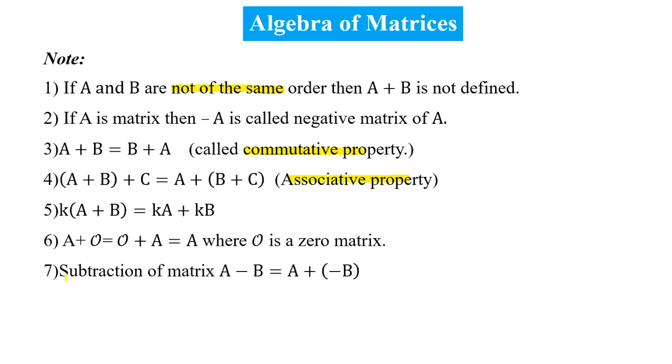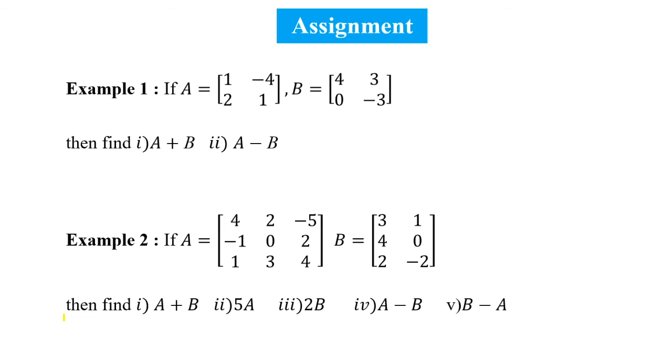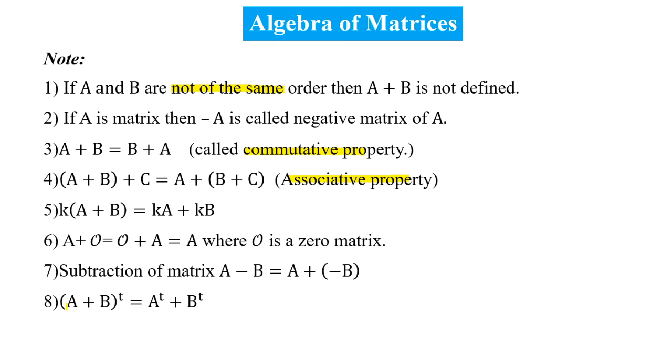And number 7, subtraction of matrices, A minus B is equal to A plus minus B. And number 8, A plus B in brackets transpose is equal to A transpose plus B transpose. Okay, let us see